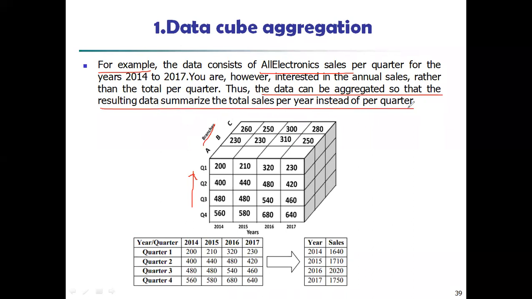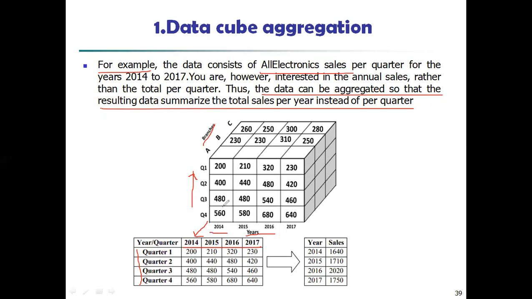instead of per quarter. Now we are going to perform aggregation in this data cube data. How are we going to perform the aggregation? Suppose here I have taken this particular part of data. I'm going to represent this data in this form. I have taken only two dimensions. One is the time dimension, the second one is the year dimension, isn't it? So by taking only these two dimensions, I'm representing one small table. This is time and this is the year. Clear?